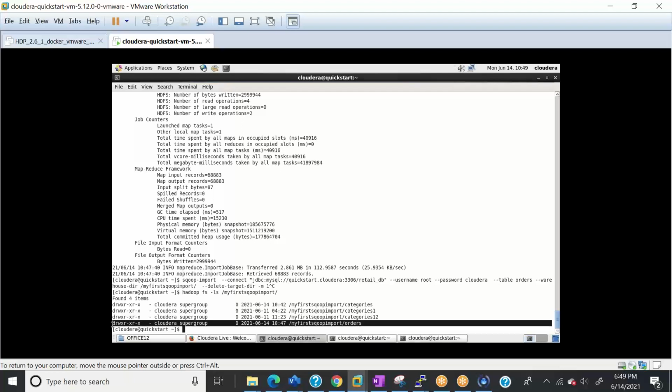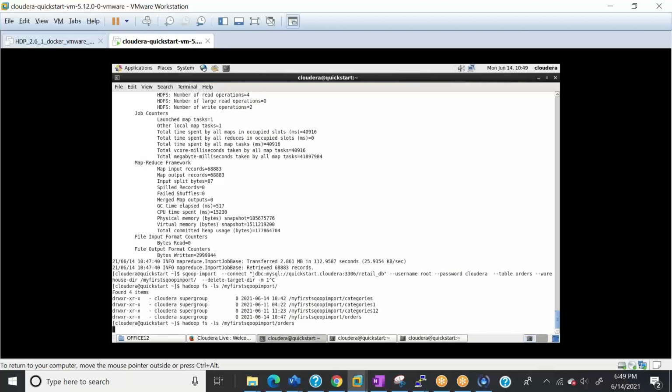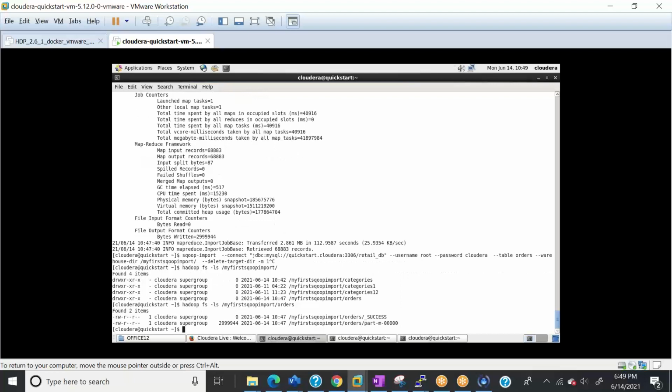Makes sense, right? And this is where we are using warehouse directory. In most cases, if we want to pull data, we don't want to create directories manually, we will go for warehouse directory. Okay, and if I go inside, we will have only one file because the number of mappers we have put is 1. So there will be a part-m-00000 file. Let's see quickly. Perfect, right? So till now, am I clear?